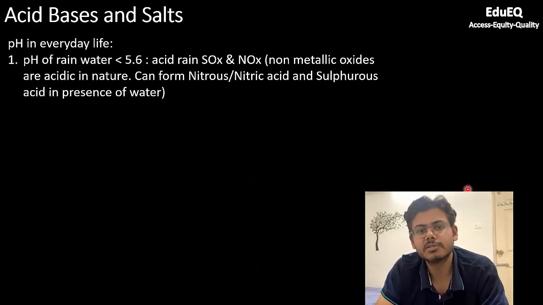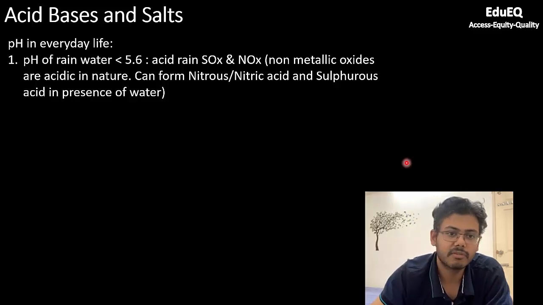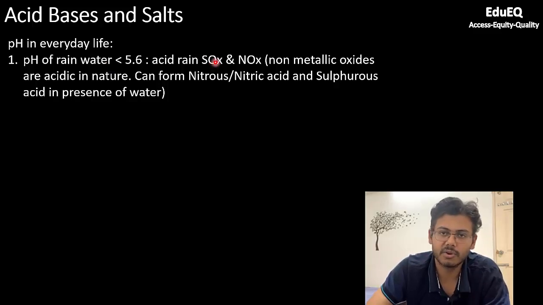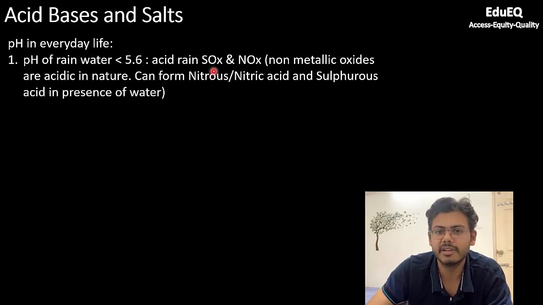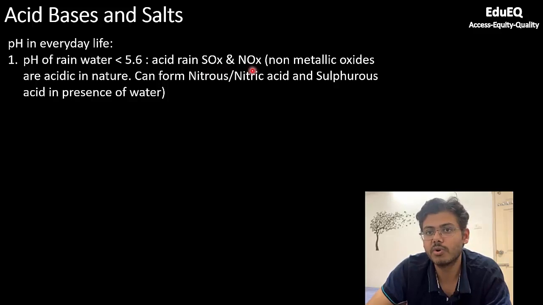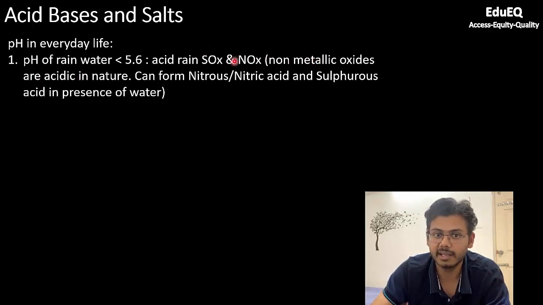Now coming to more examples of pH in everyday life. So the first example that I would like to give is the rainwater. So due to pollutants in the atmosphere, you are seeing the vehicular exhaust or the exhaust coming out of a diesel genset, or due to burning of fuels or industries. Due to any reason, there will be SO2, SO3, which is combinedly called SOx, also NO2 and NO, which is combinedly called NOx. So when these compounds, which are acidic in nature because these are non-metallic, react with moisture or humidity in the air, they form acidic compounds.